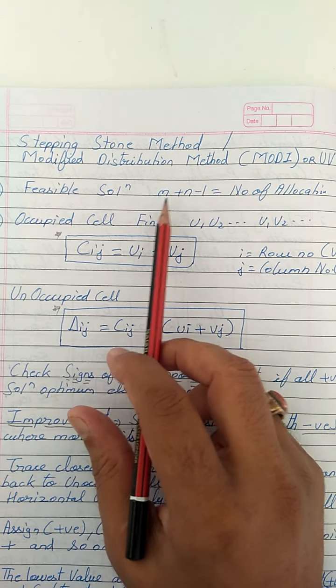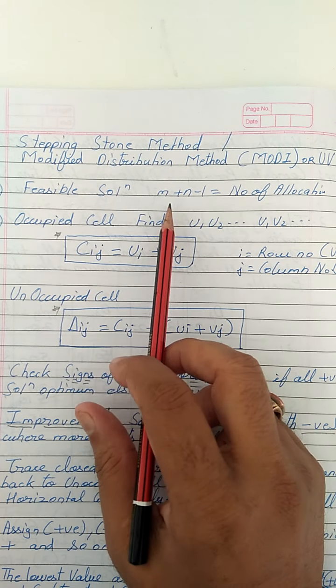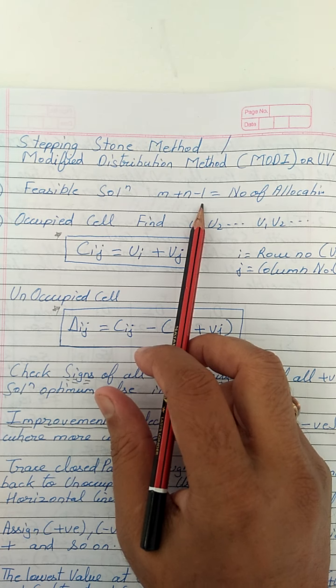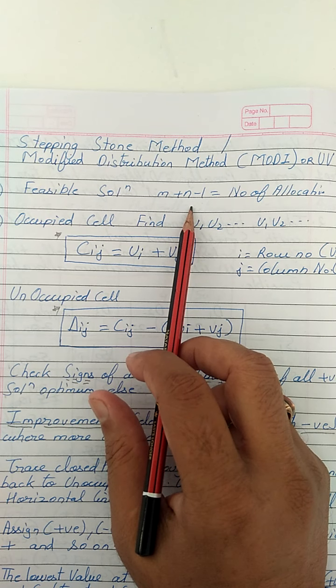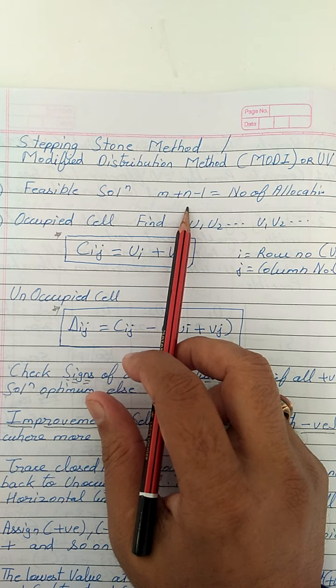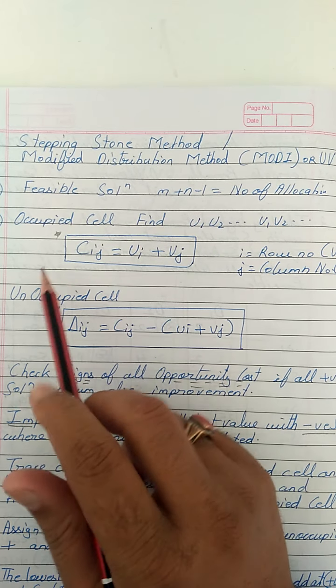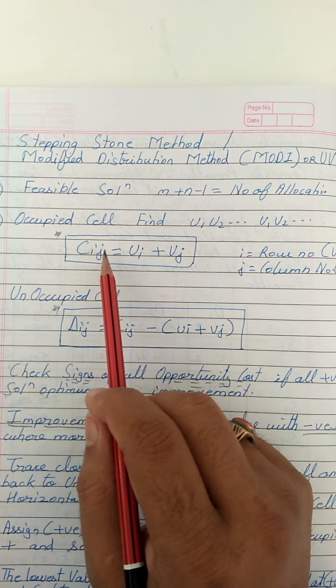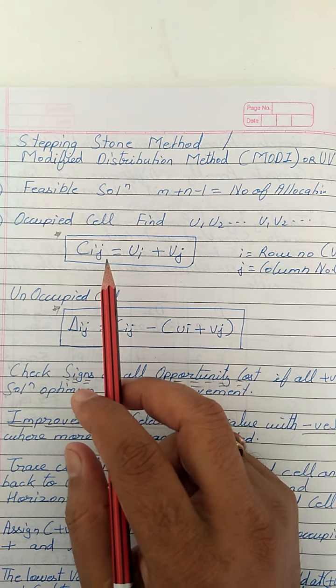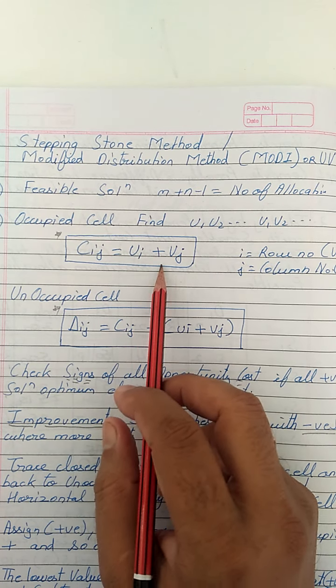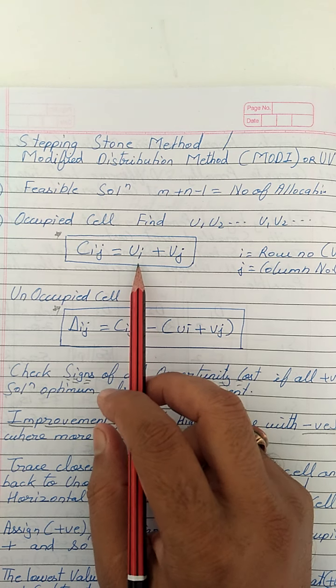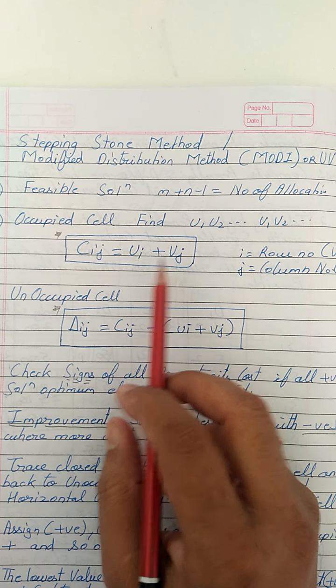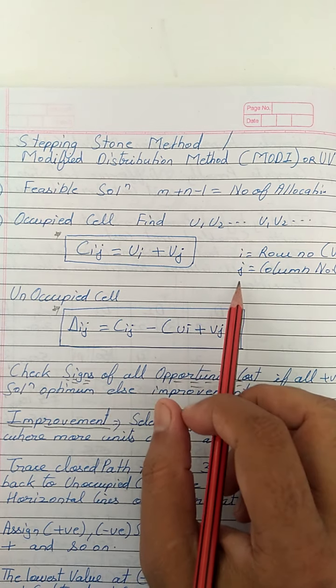The first step is to see whether the solution is feasible. How to check whether the number of allocations is equal to m plus n minus 1? If yes, then the solution is feasible. Once the solution is feasible, you need to find the cost for the occupied cells by using the formula Cij equal to Ui plus Vj. That means we need to find the values of U and V, where i is the row number,